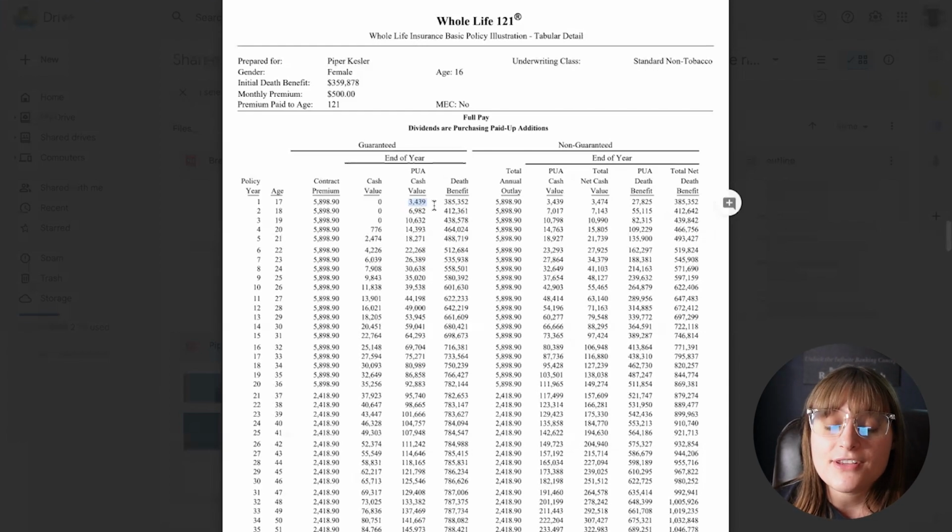So Piper, she's going to have this freedom to be able to store more monies inside of her policy in those later years, just like Monroe, because she has that stronger base premium foundation. But here, why I designed it this way is because Piper needs a little bit more of the early years cash because she's a teenager. She's going to have some upcoming larger expenses happening. She's going to be leaving the nest soon, going out and living on her own. And I want her to use the capital in her policy to be able to go and buy and finance those different things that come up in life.